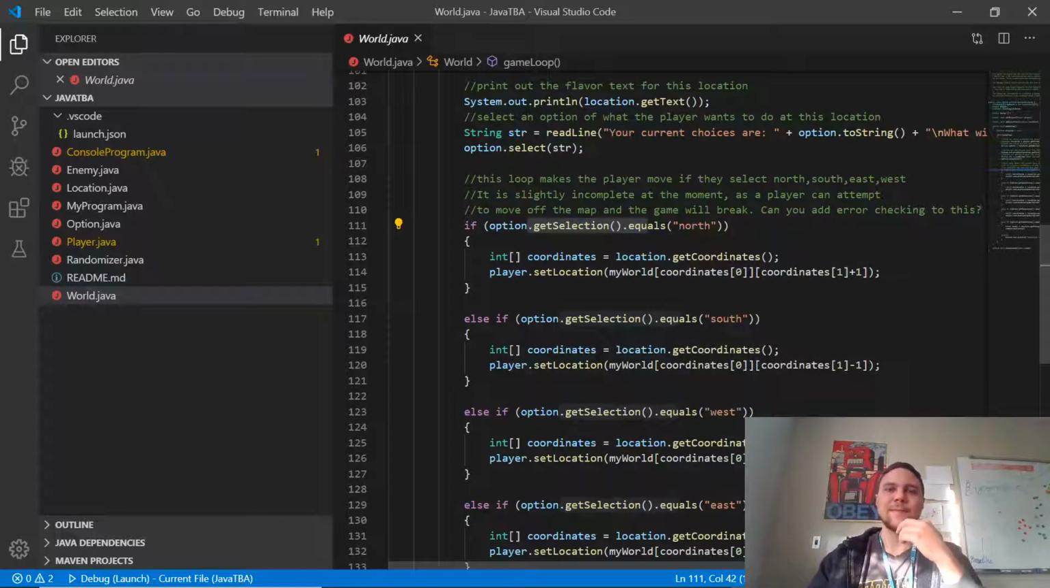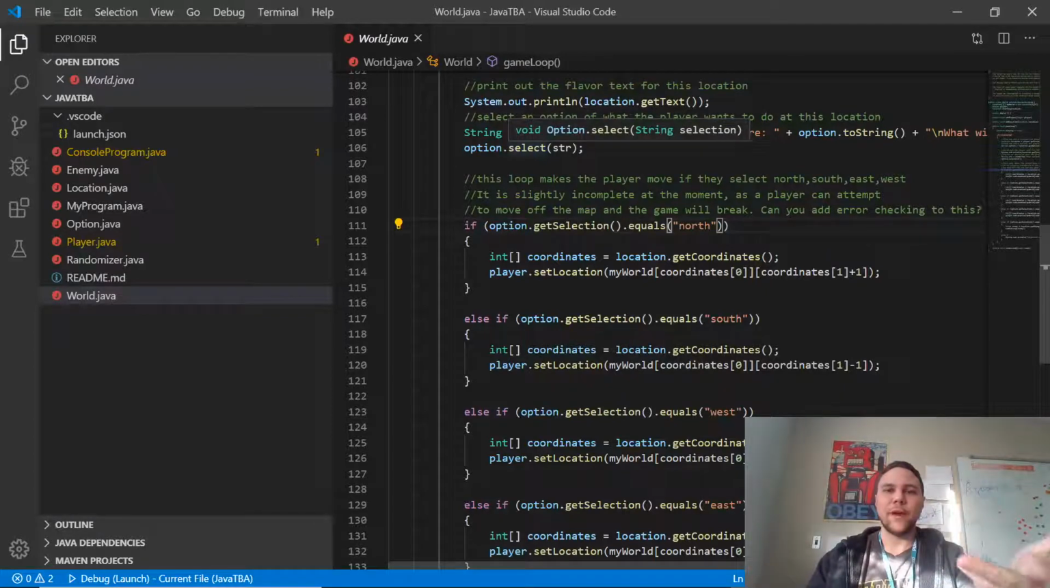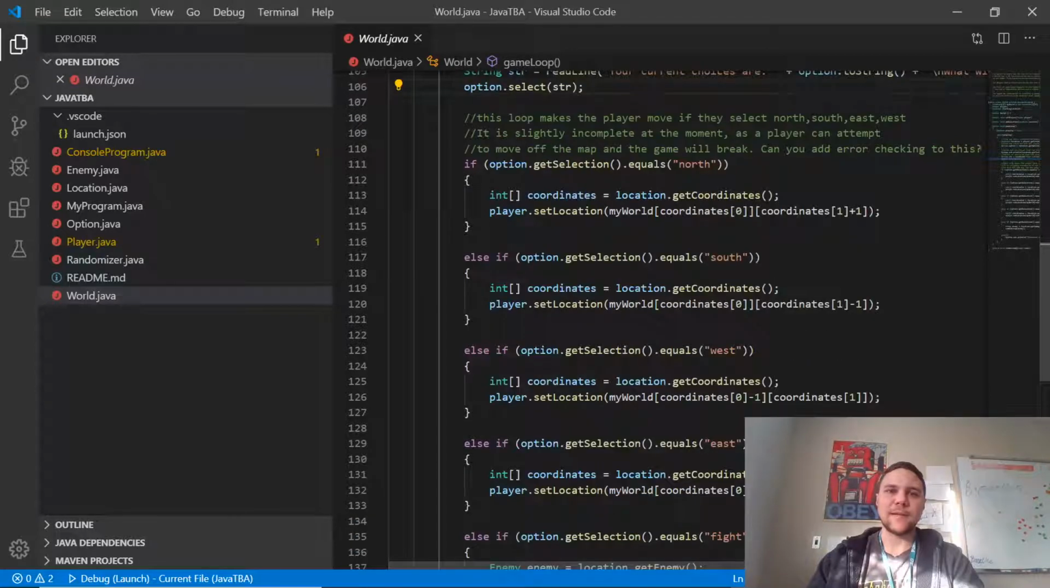This is kind of similar to asking, is str equal to north? But what I wanted to do with the options is, if you come back to a location, I wanted it to have memory of what the player has done there before. So the option class lets us remember what players have done last time they were in that location. This is basically the main part of the game loop that says if option.getSelection is north, then